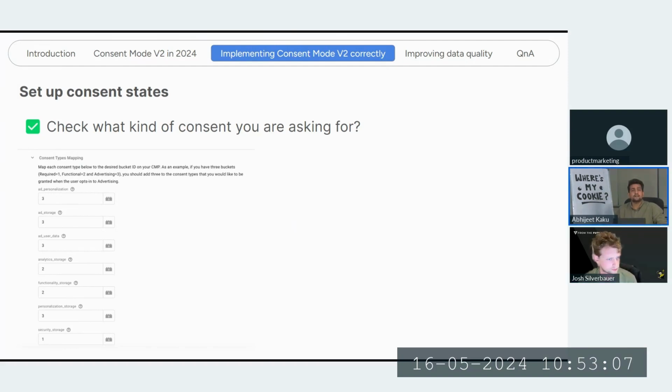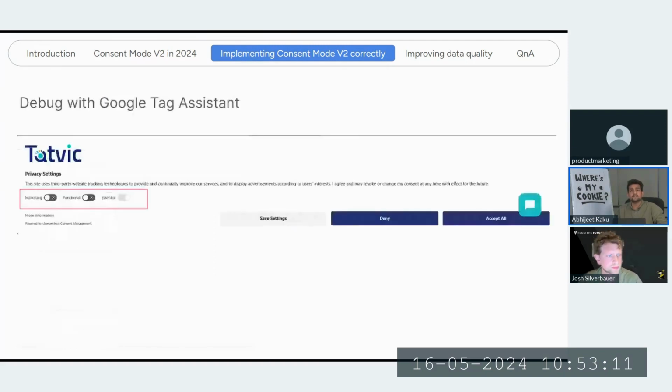Absolutely. And we also have an option to debug with the Google Tag Assistant, right? Yeah, you can debug it with the Google Tag Assistant. Google has provided a bunch of tools. The way these tools work with the consent management system is that the consent management system takes care of setting all of the rules around what somebody consented to and what they didn't consent to, right?